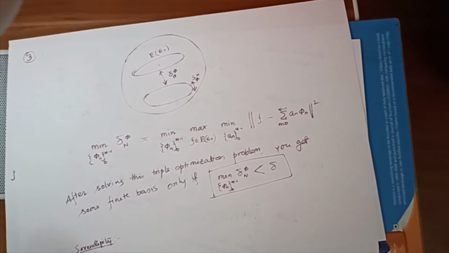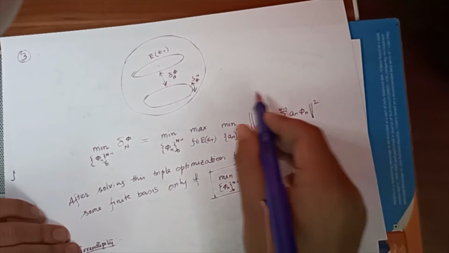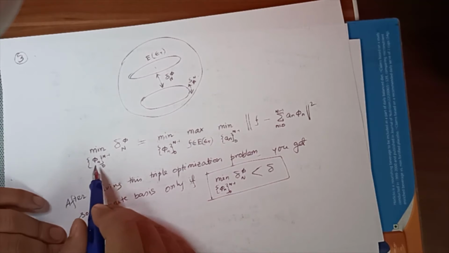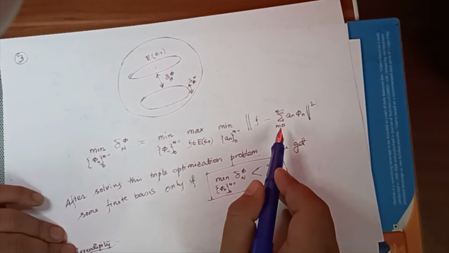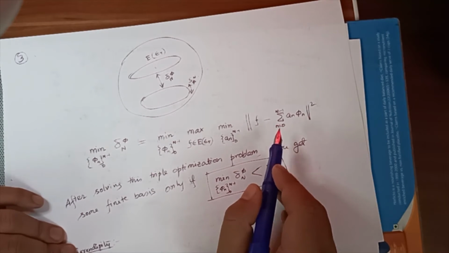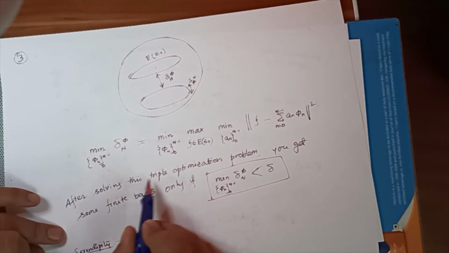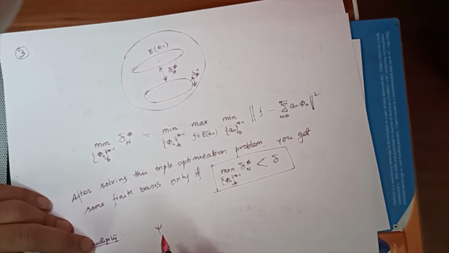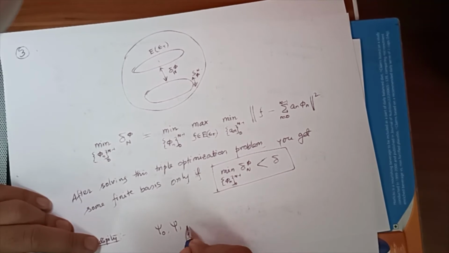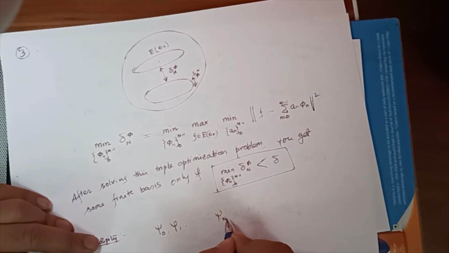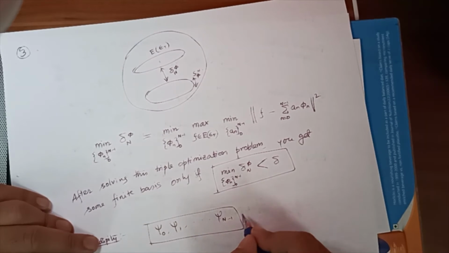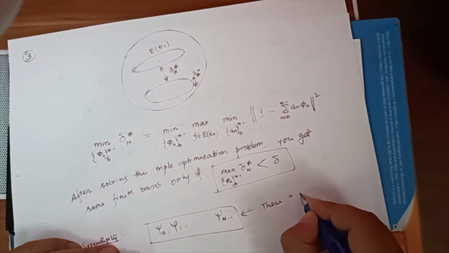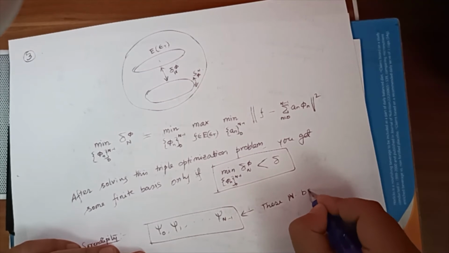The third one is this, that after solving this optimization problem, which is pretty long, I'm skipping it, the solution which you get is basically the first N prolate spheroidal wave functions. So the solution after solving this optimization problem, you get that those phi n's are basically psi 0, psi 1 to psi n minus 1. So these set of basis functions which are orthonormal, we know. So these N basis functions, capital N basis functions,